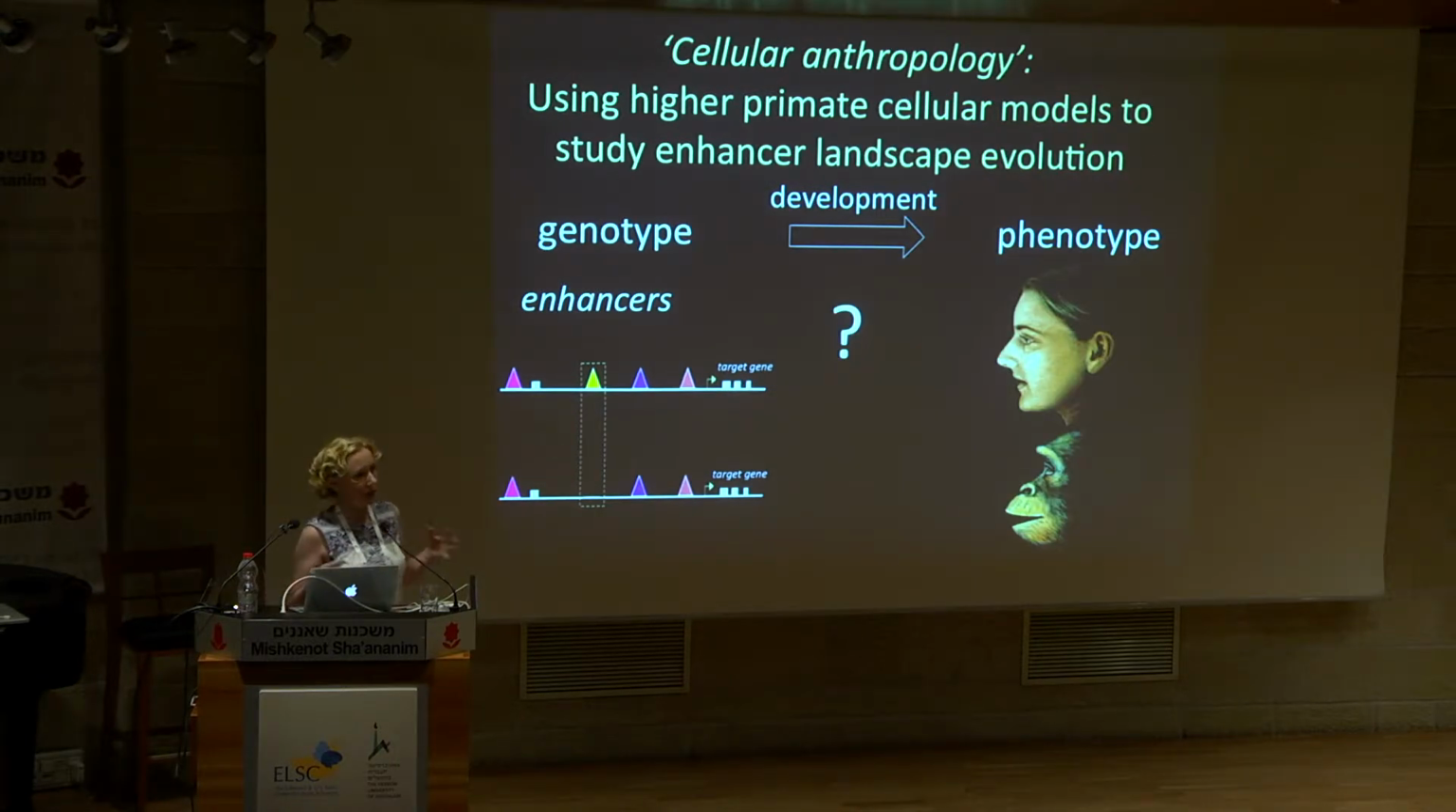And we wanted to extend this type of approach, the Evo-Devo approach, to higher primates, in what we termed cellular anthropology: using in vitro stem cell differentiation models from humans and non-human primates to model regulatory landscape evolution, with an ultimate goal of understanding the genotype to phenotype connection. And this is what I will tell you about today. Some of this work is published, but at the end I will also talk about some of our unpublished work